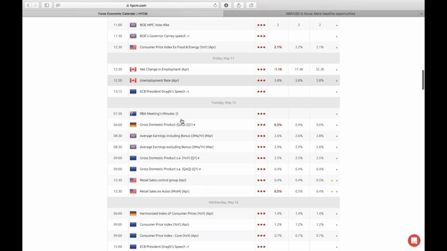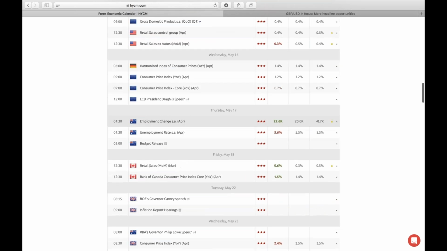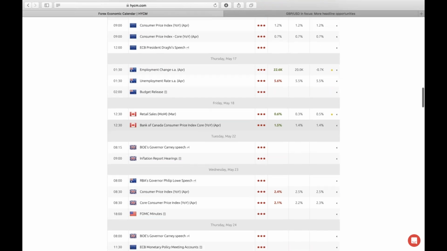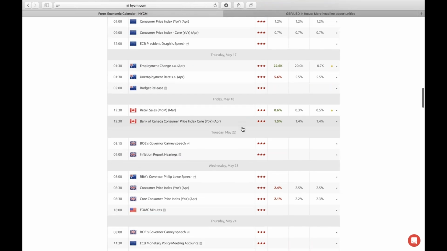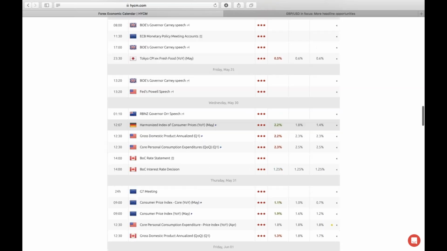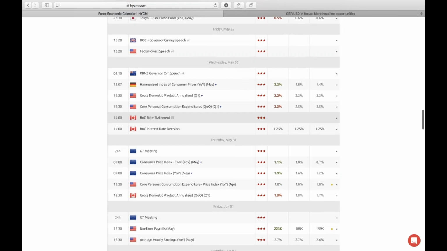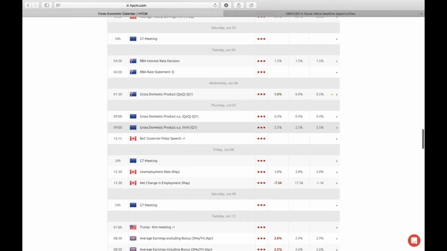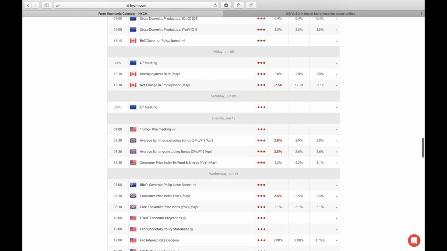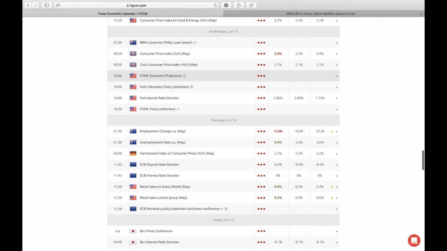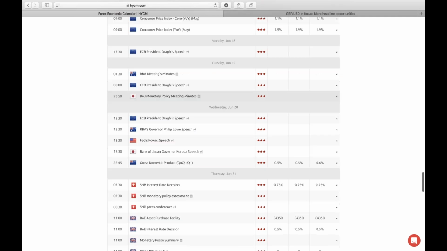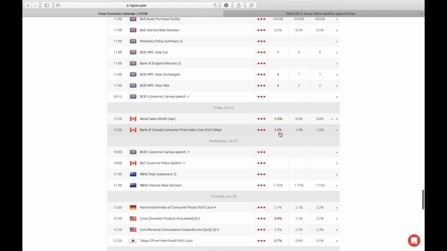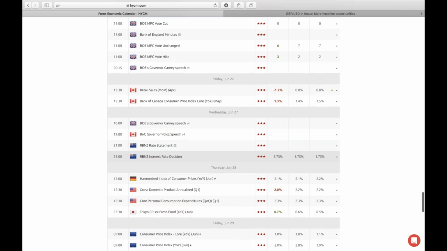So we've got the unemployment rate, change in employment. Some retail sales were good. There's the core inflation that's rising, which is a real key indicator. So the core inflation rose in May. The last rate statement was on hold, so there's nothing particular there. Okay, the core, there's a slight miss.